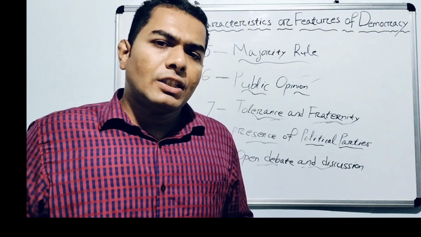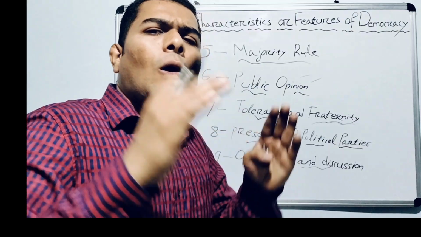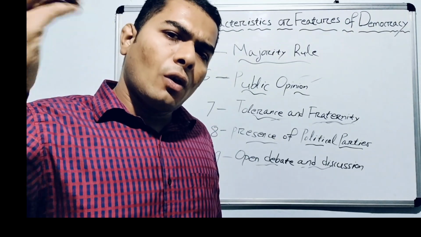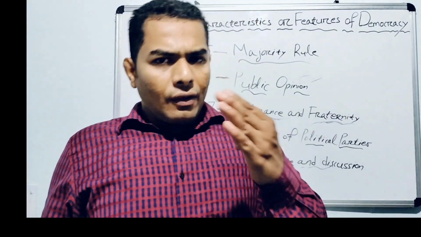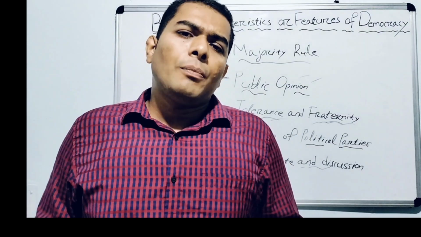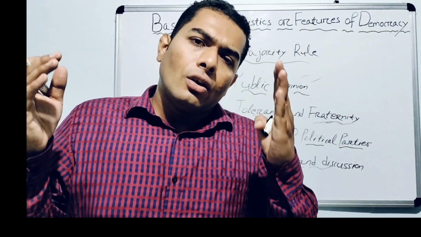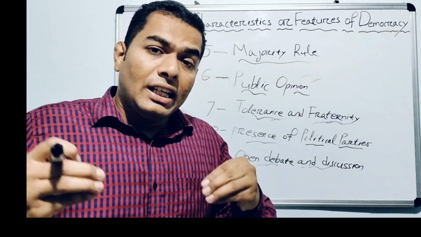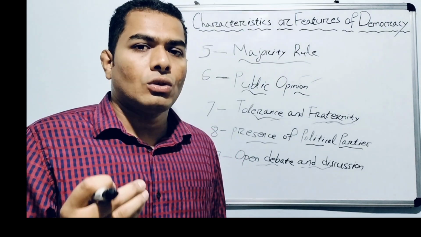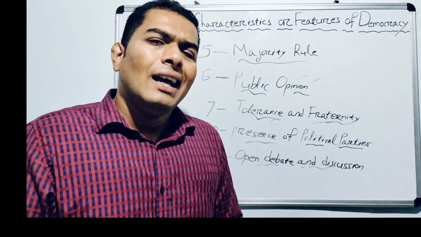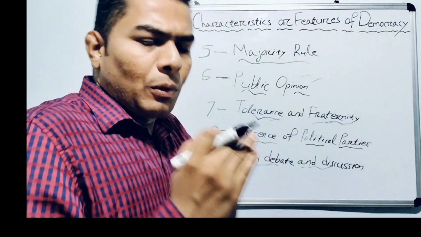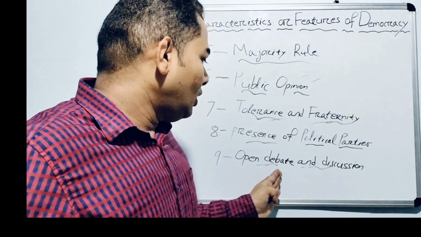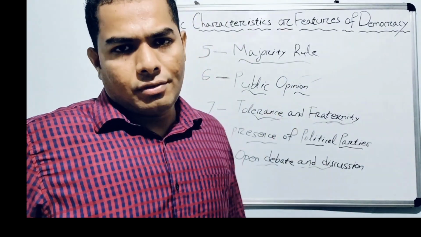So in democracy, what happens? All the people debate and discuss everything about the constitution, about rule making, about the performance of the government, about the state, about foreign affairs, about the work of the Union Public Service Commission or any democratic institutions of the country. Through debate and discussion, they develop their intellectual capability and find out the many problems in our country, and through this the government and people collaboratively solve all the problems. That's why we see open debate and discussion in democracy.